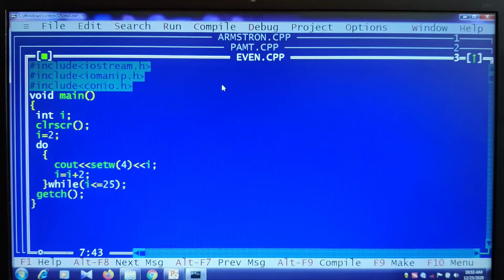In our previous video, we discussed the looping structure, that is the do while statement, and then we were discussing the program to find all even numbers from the range 1 to 25 using the do while loop. So we have seen how the program works and what the tracing is, right? Now in this video, let me execute this program, and then further we shall discuss the program that checks whether the entered number is an Armstrong number or not.